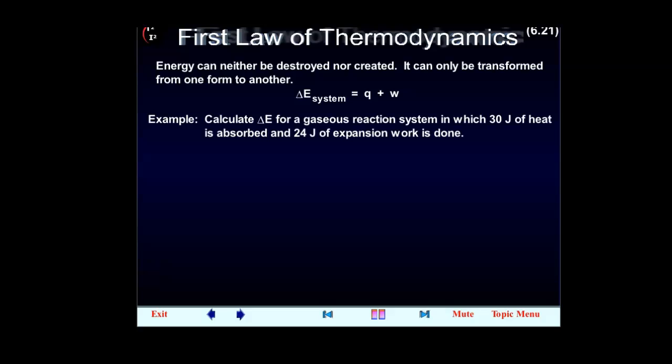Example: calculate delta E for a gaseous reaction system in which 30 joules of heat is absorbed and 24 joules of expansion work is done. Q equals positive 30 joules, since heat is absorbed. W equals negative 24 joules. Expansion work is done by the system. Delta E system equals